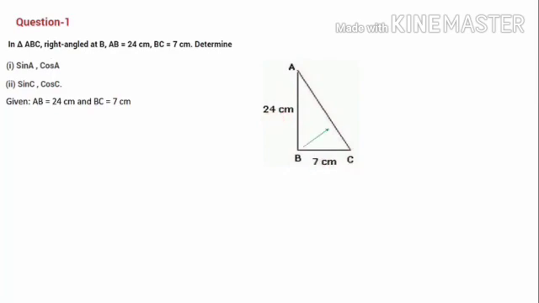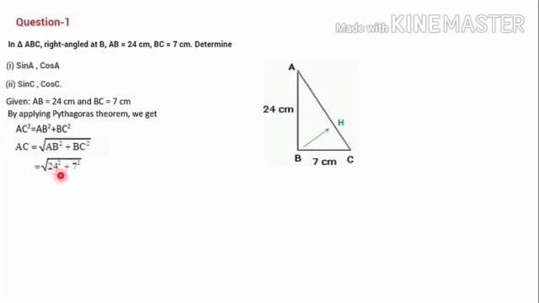So let's mark the hypotenuse first, that is 90 degree opposite. We have to label it as hypotenuse, simply mark it as H. By using Pythagoras theorem, AC square is equal to AB square plus BC square. From here we can calculate AC. AC is equal to square root of AB square plus BC square. Just to substitute the values, that is AB square, AB is 24, that is 24 square plus BC is 7, so BC square is 7 square. When you add these two terms, you will get as root of 625. Square root of 625 is 25. So let's mark it on the diagram. Hypotenuse AC, that is equal to 25 centimeter.